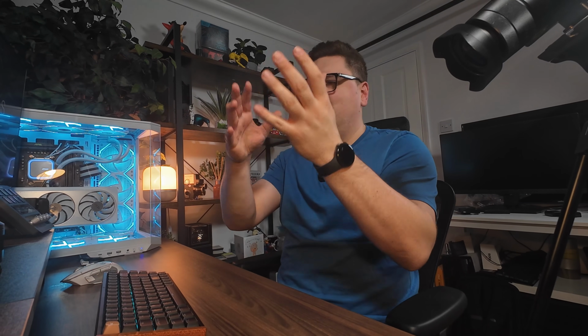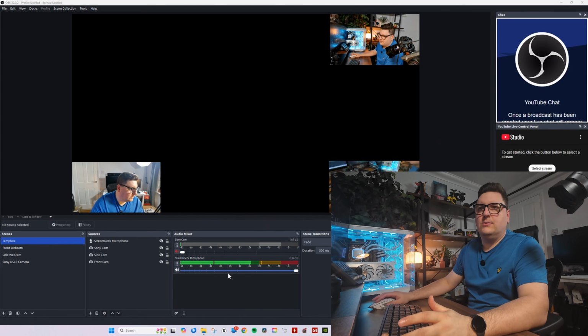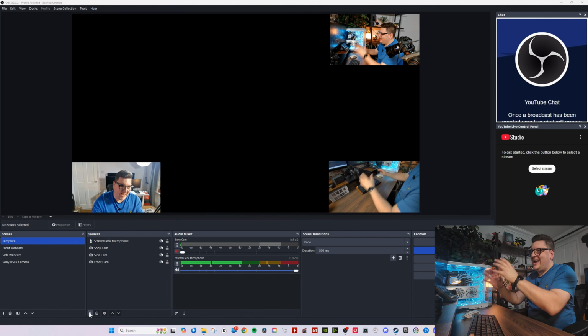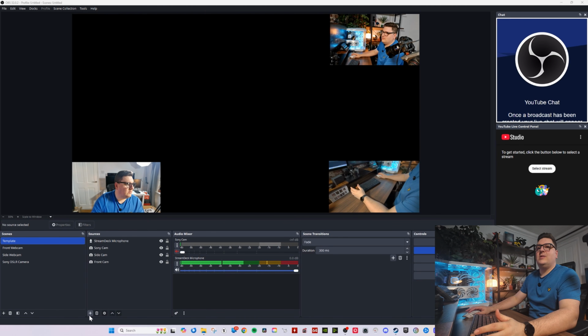Now, I have got two screens in this example because it's a lot easier to live stream and create content with two screens, so you can have your main game on one screen and then OBS on another, and there's no confusion on what's actually being captured because you've got a constant preview window open. But it is very easy to do. So what you need to do is add the game into OBS as another source. Easiest way to do that is if you click the plus button and go to